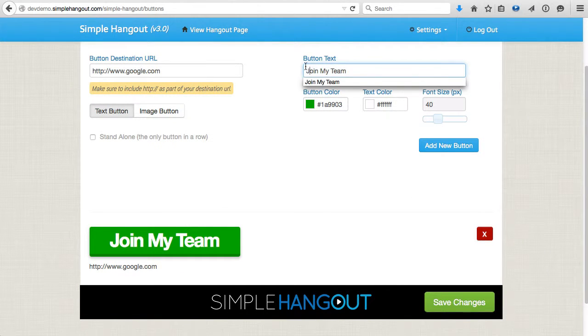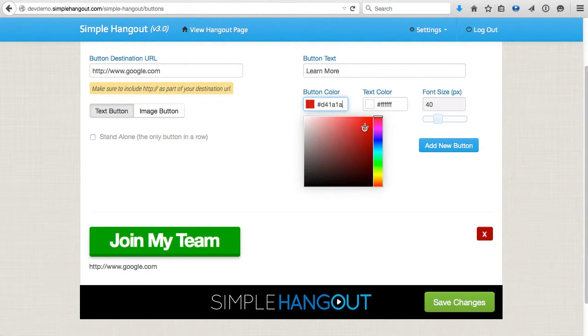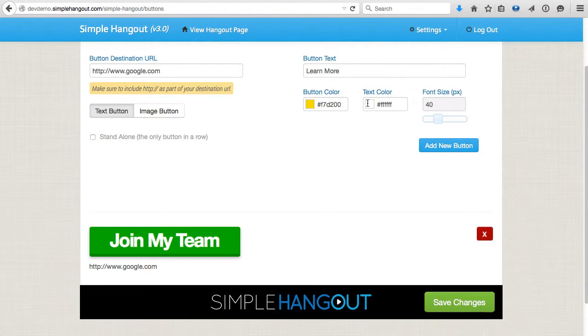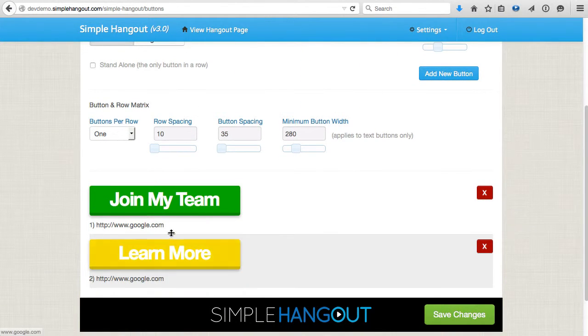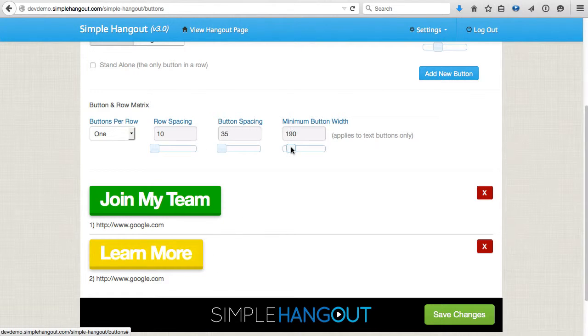And let's do another button, call it what? Learn more. I don't want it to be too wordy, so let's just say learn more. And for colors, maybe something orangey, right? Because we want green to take the main focus. Learn more. Alright. So you can see here, white and orange not really well,